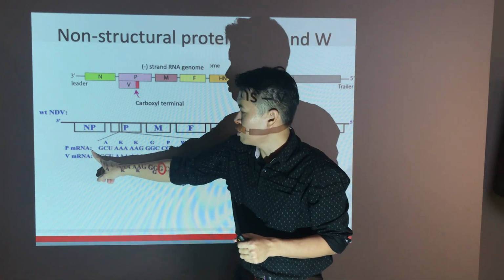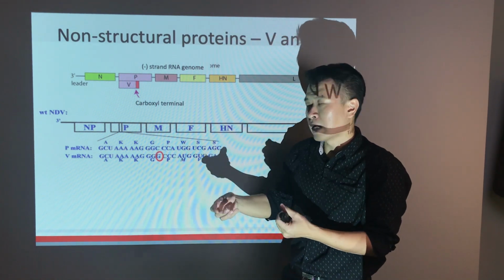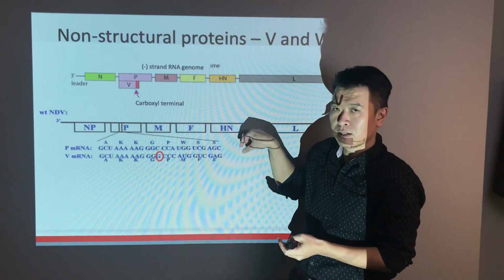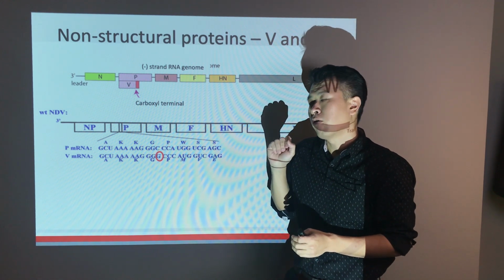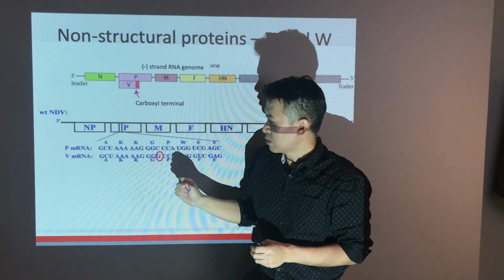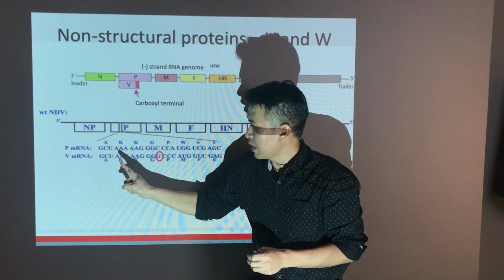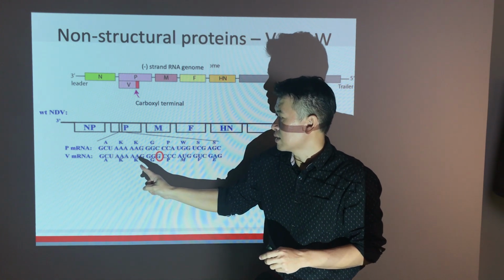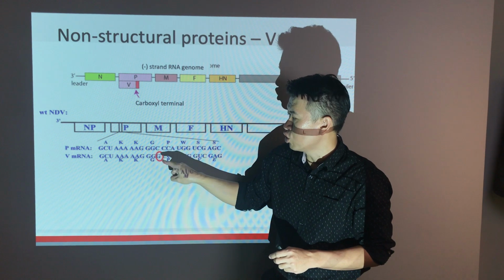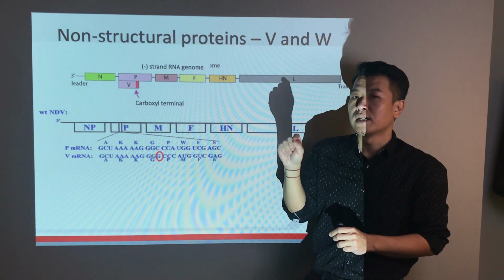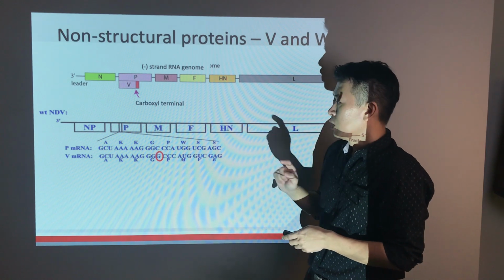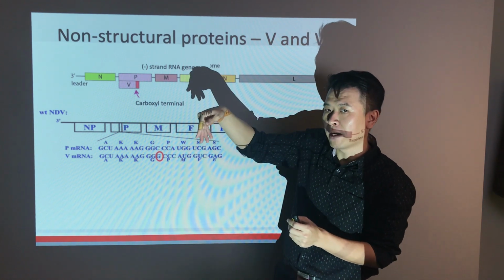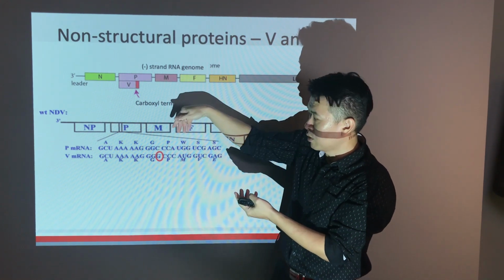Alright? So this is the P gene, P mRNA. They will just synthesize based on what is present in the genome, and they start synthesizing this sequence. But for the polymerase, when it sees AAA, AAG in the P gene, it adds an additional G into the mRNA. So now you can see that the addition of 1 G causes the reading frame for the ribosome